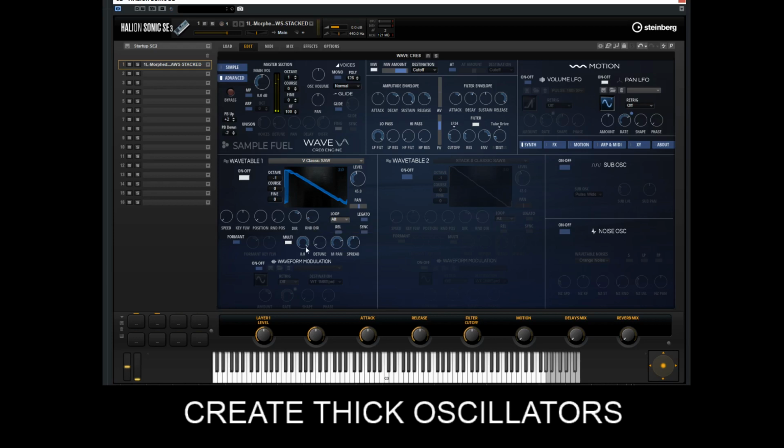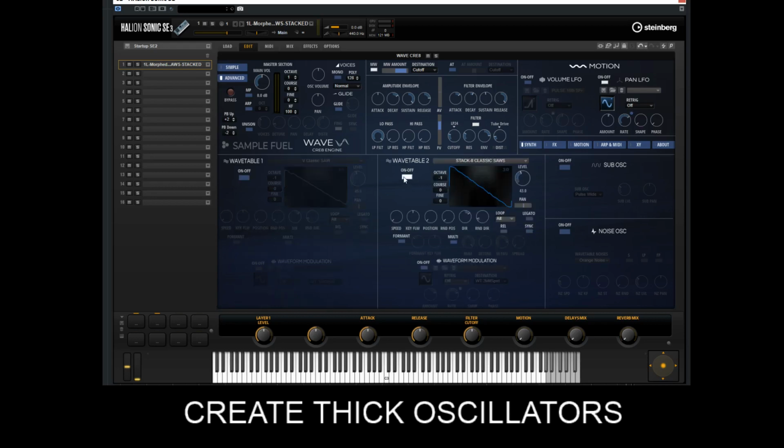One other cool thing I want to show you is we have stacked oscillators or morphed oscillators that have more than one oscillator. Right now this is a single cycle oscillator, but in Wavetable 2 here I actually have our 8 classic saws stacked oscillator. And what that is, that's actually 8 sawtooth from 8 different synthesizers. And if I scroll through on the position knob here, you'll actually see them slightly change as they're scrolling through the 8 different versions of the sawtooth